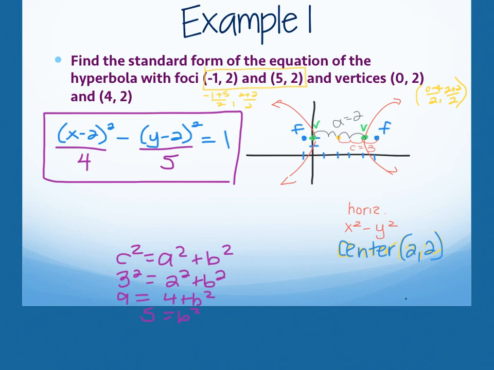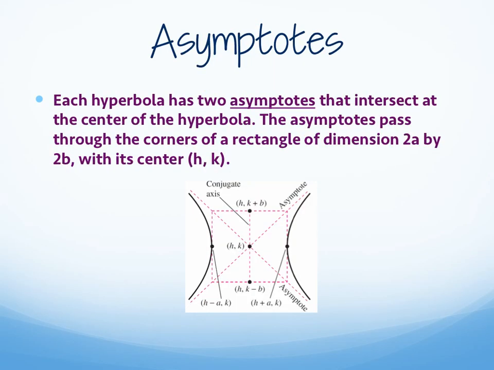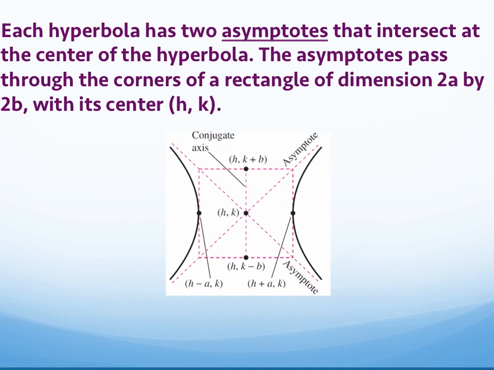Questions so far? So you're going to get 2 different kinds. Here's information, find the equation, or here's the equation, find the graph, which is this one, okay, or after this one. This is your asymptotes. So each hyperbola has 2 asymptotes that intersect at the center of the hyperbola. The asymptotes pass through the corners of a rectangle of dimension 2a by 2b with its center at (h, k). This is what determines how wide those